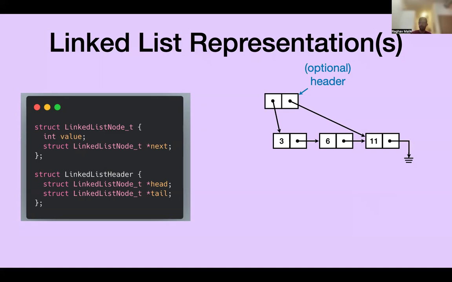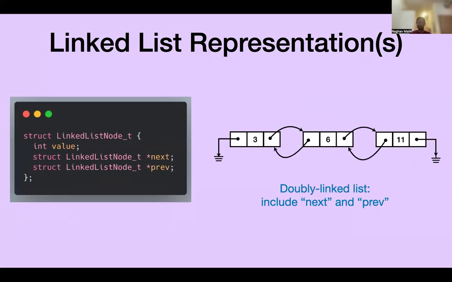Okay. Different kinds of linked lists. Instead of just a singly linked list that has a next pointer, we can have the idea of a doubly linked list. For this, every node knows what the next one is and what the previous one is. So here, the previous for the head is going to be null, the next for the tail is going to be null, and then everywhere in between, it's going to have a next and a previous. So this lets you iterate backwards and forwards. This is good because it makes writing certain algorithms a lot easier, because you can traverse in either direction and you can access both